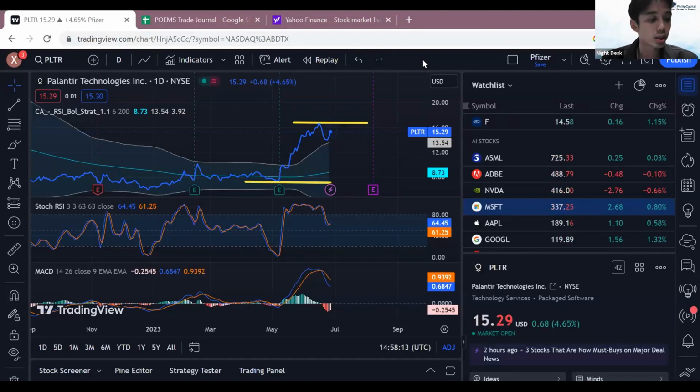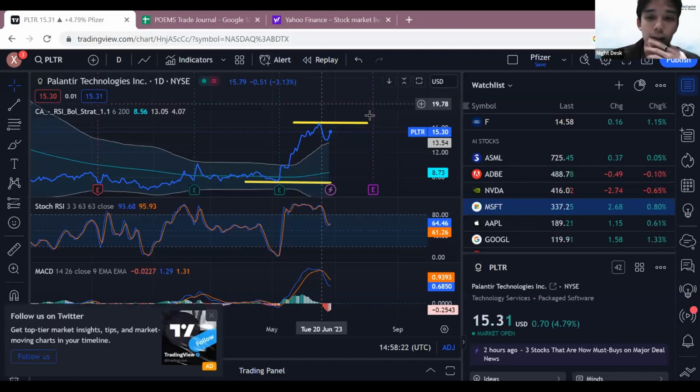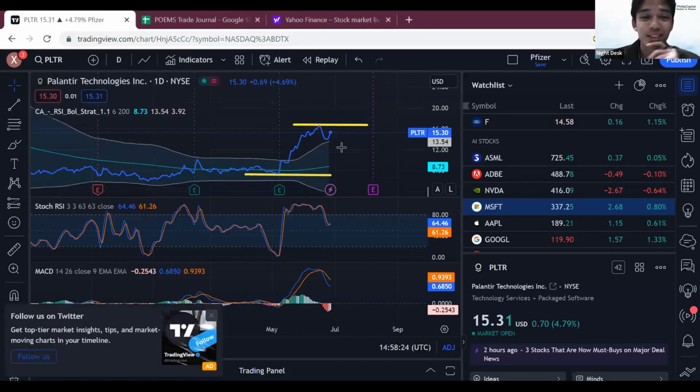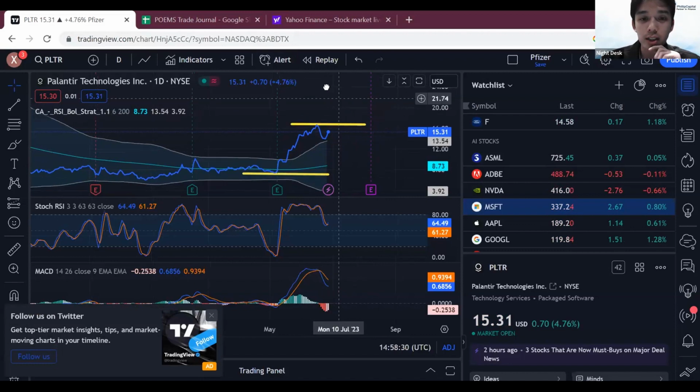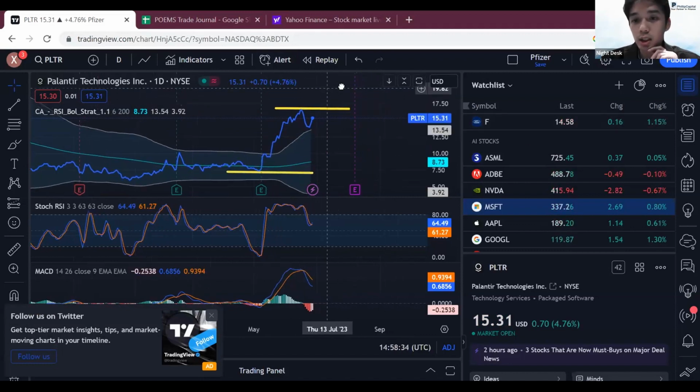So one more question is, how would you do it? Could you share based on your risk appetite for us to learn also? Okay, let's take a look at Palantir. I think Palantir is quite interesting. So once again, I would do the same strategy as Ying. I'll wait for confirmation. Currently, I'm more towards swing. So I'm not an intraday trader.